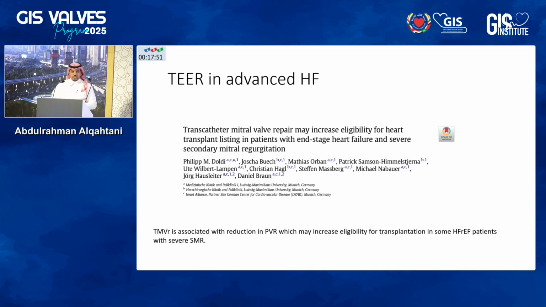This publication was 2 years back, considering the role of TEER in advanced heart failure, and whether that would help patients increase their eligibility for transplantation in end-stage heart failure. Those patients who received TEER became more eligible for transplantation because their pulmonary vascular resistance dropped. The moment you eliminate the mitral regurgitation, you have a drop in your pulmonary artery pressure and then pulmonary vascular resistance. So you have to send those patients to an experienced center